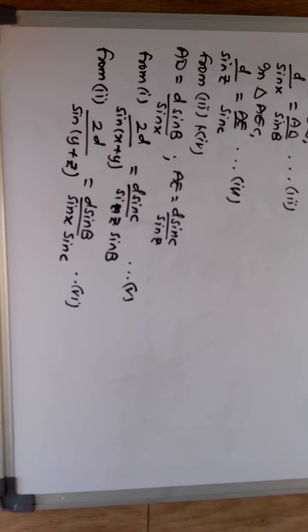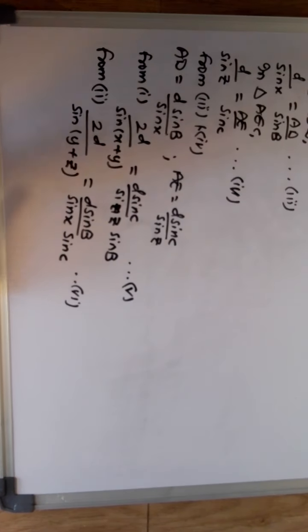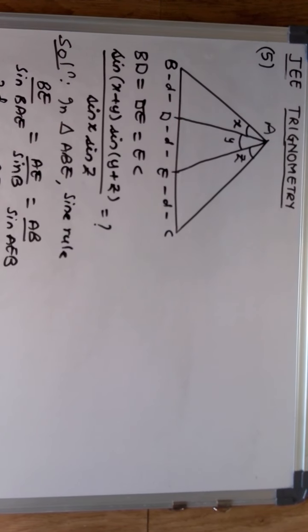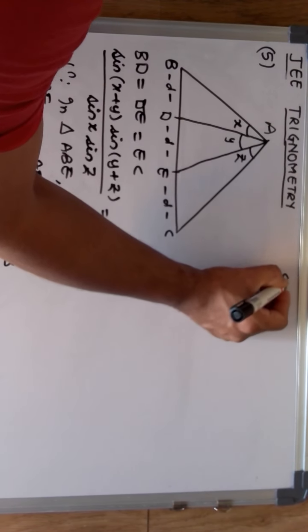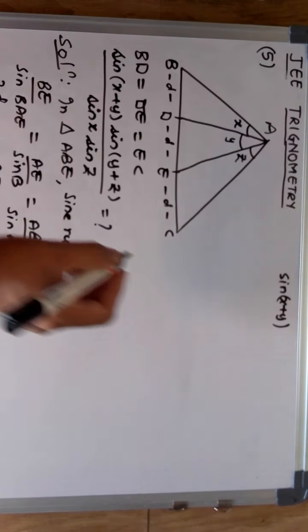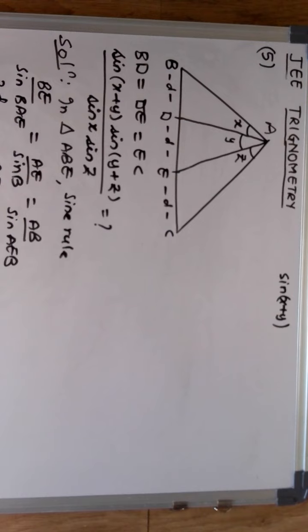So now obviously you will go to the next part. Please write it down to understand everything, because now I am going to import the last statement to the upside. So you will not understand what I am writing, so better you import it already. Okay, means you write and keep. We had got 2D upon sin x plus y, which I am writing as sin x plus y upon 2D, agreed? Sin x plus y upon 2D is equal to